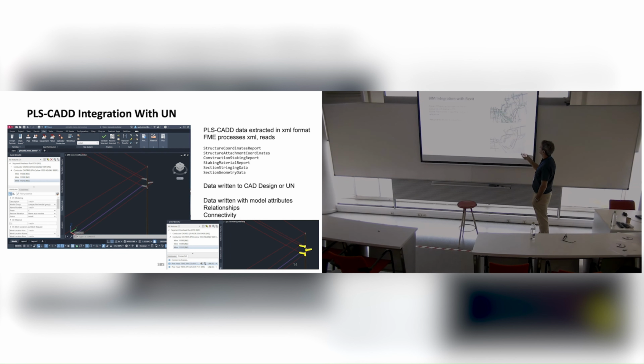BIM integration. This is another big thing we're seeing at the moment. We're doing work with an electric transmission operating company, one of the largest ones in Europe, called Tenet. They do a lot of stuff with Revit, which is 3D modeling software from Autodesk, which you can read into an FME workspace using the surfaces or as a wireframe. In this instance, I've pulled in a substation design in wireframe, and then we're taking that data